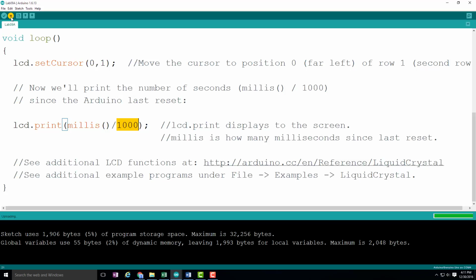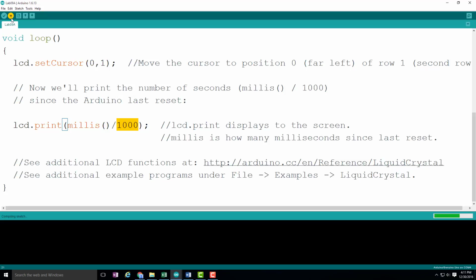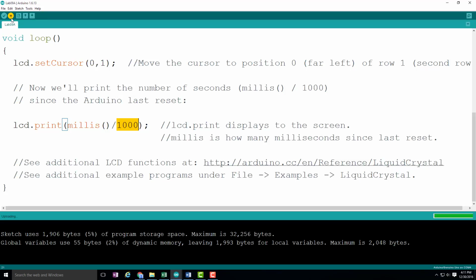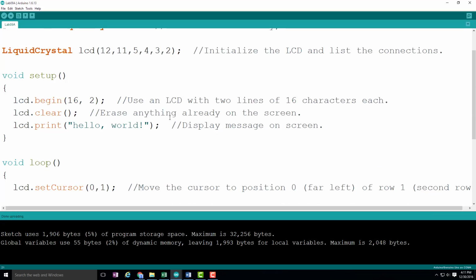When I verify and upload this program, what I should get is in the top row of the LCD screen, I should get the words "Hello World," and then on the bottom row, I should get a number that starts at 0 and is going to be incrementing once a second for as long as the Arduino is turned on until it's reset again. If I upload it again a second time, then it's going to reset the Arduino, and that's going to reset the count back to 0. So what we've seen here is we have the ability to set up the liquid crystal display, to initialize it to be 16 by 2. We can clear the entire screen, we can print a message, and we can adjust the location where that message is going to be